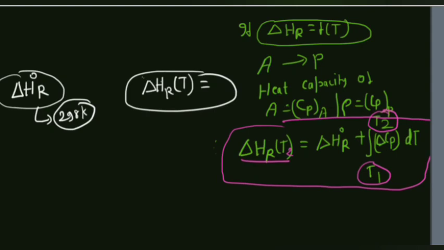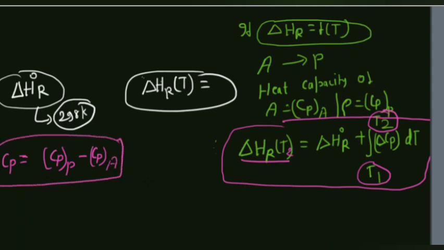How will we calculate delta Cp? You don't have to do anything, it's very easy. You just take the heat capacity of product P minus the heat capacity of reactant A, and that equals delta Cp. Just substitute these things in this formula, and from there you can calculate the value from T1 to T2. It's a very easy thing, my dear students. You don't have to panic about that. The calculation may become tedious, but GATE won't ask any question that will take more than 2 or 3 minutes. So it will be very simple.